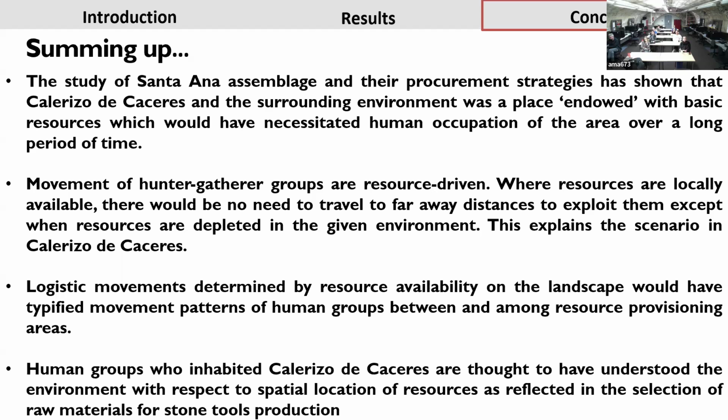So I've spoken about the logistic movement, moving from one point to the other, and Mapasada de Cáceres, with the structure of the landscape, would have provided temporary accommodation for people when they went about trying to look for resources in other parts of the Caserio complex. And since the movements are resource driven, they only go to areas where they can find resources, and that explains why you have different areas on the landscape where their imprints have been left behind.